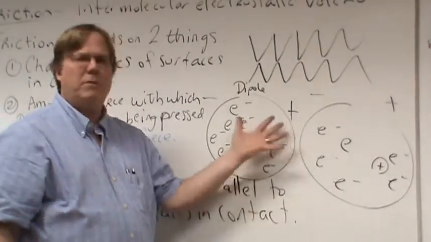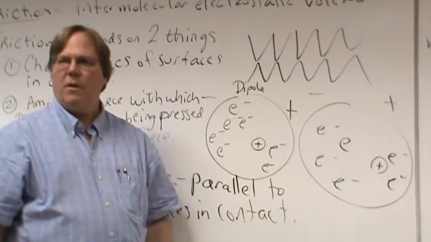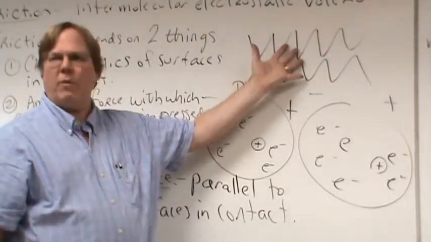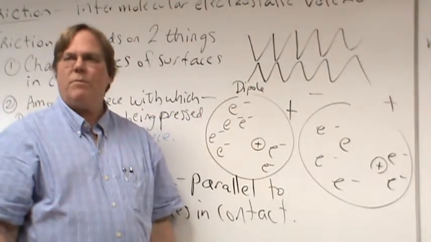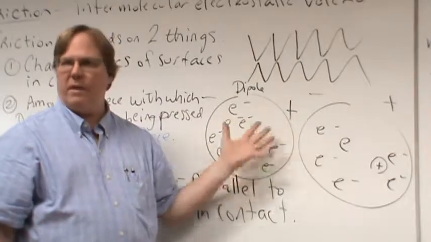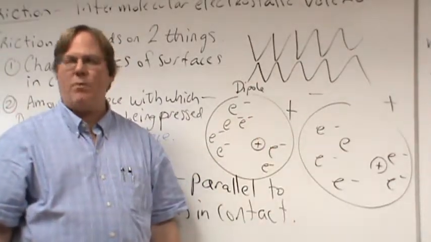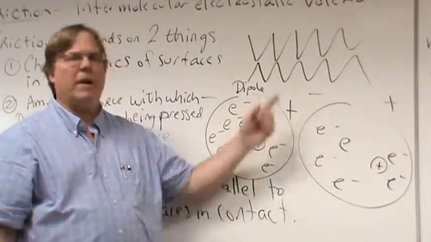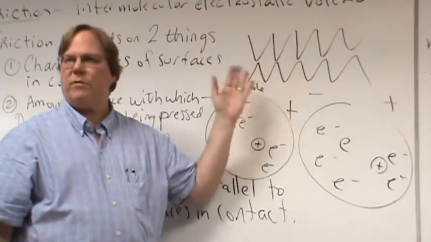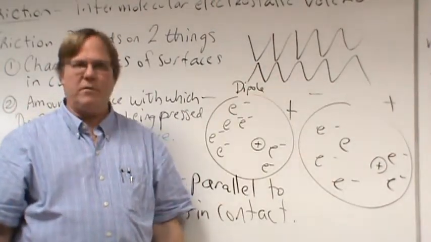But there's another issue too. Think about how these bonds are formed. Why is it that I form more of these bonds when they're at rest relative to each other than when they're moving relative to each other? Because I form more of these dipole-dipole intermolecular bonds when they're at rest. Why? What's the difference between the two objects being at rest relative to each other versus being in motion relative to each other?